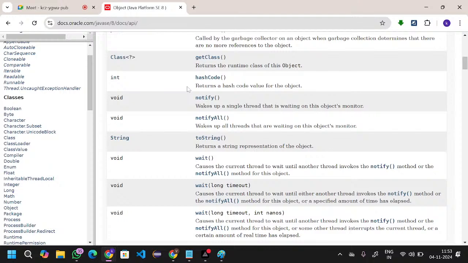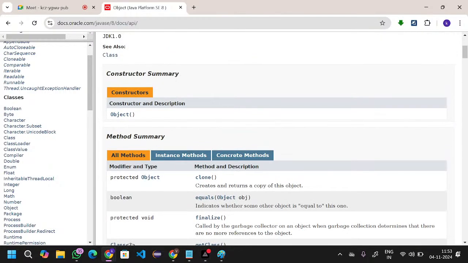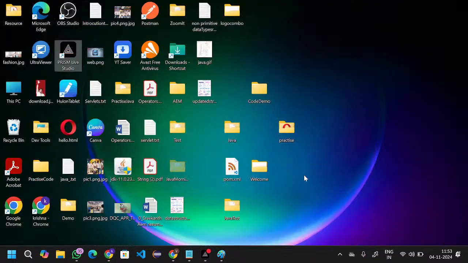If you want to use the methods available in the Object class, you can reuse those methods. Why? Because that is the parent class, right? If it is the parent class, then you can access those methods and use them. So I will write a program on it and show you, so you can get clarity on it. For example,